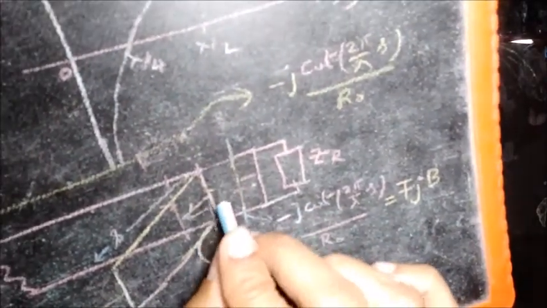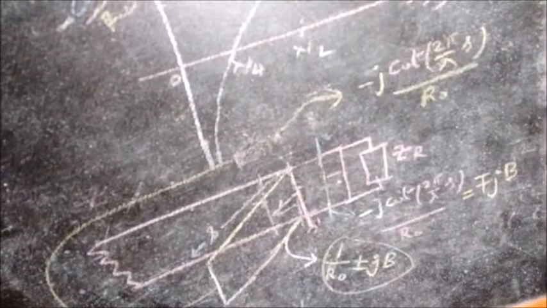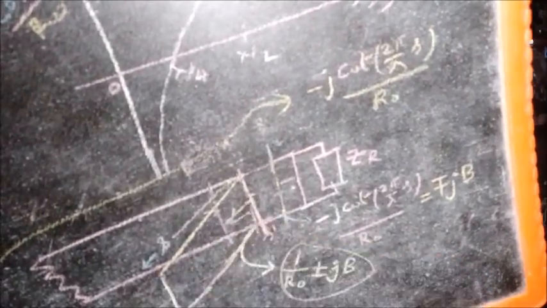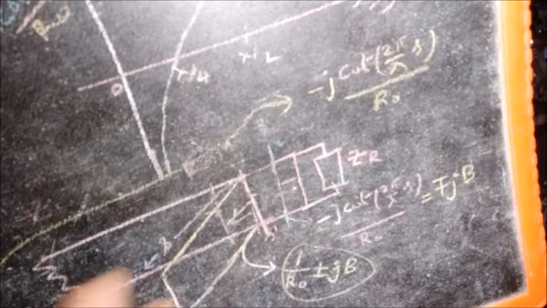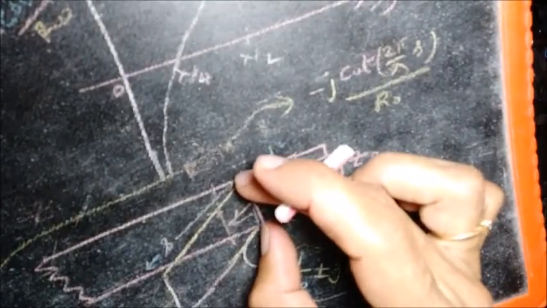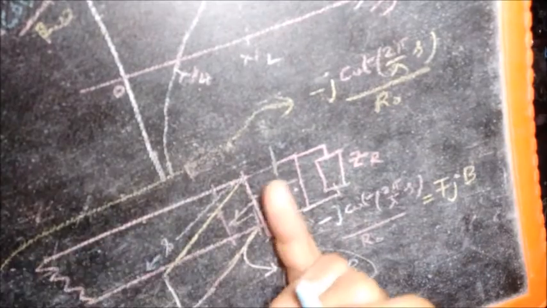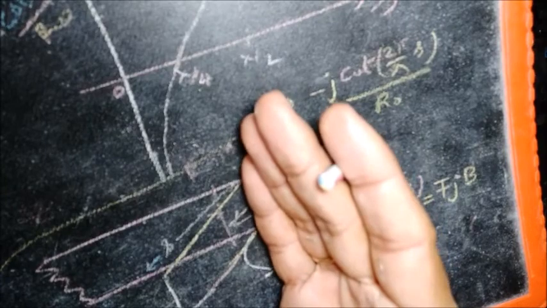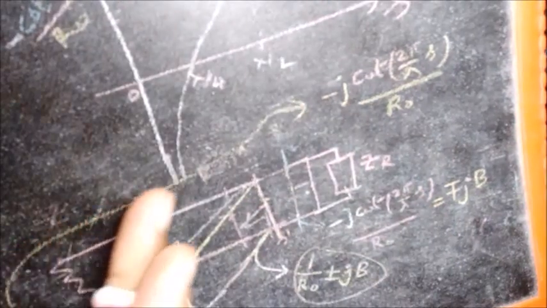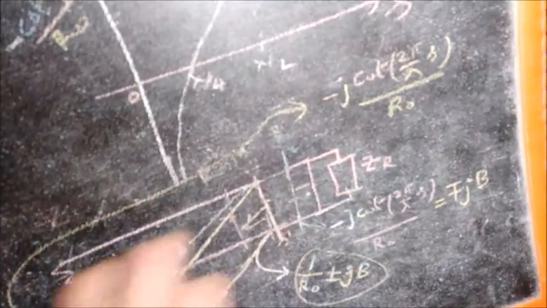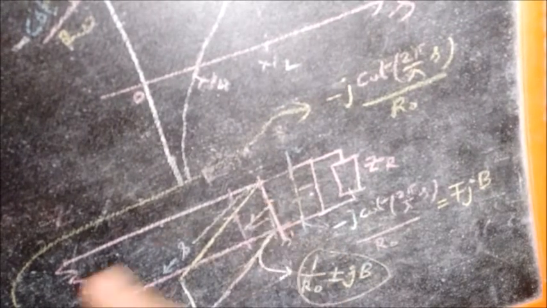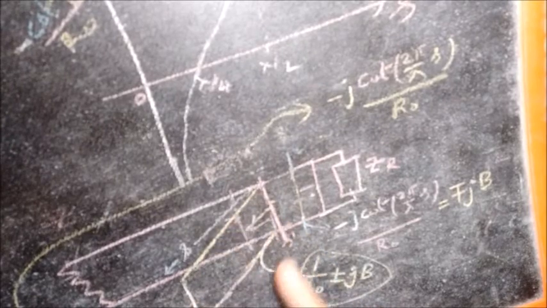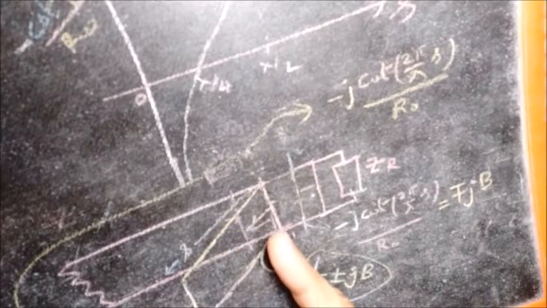And that means that from the source till this point, the transmission line is matched, in the sense that the impedance here is equal to R naught, which means that there will be no reflection from here. This can now be seen as an impedance R naught, and you have the transmission line which is carrying signals from the source, which is at a far off distance, and there will be no reflection from here. And this is how we can make use of this to achieve impedance matching.